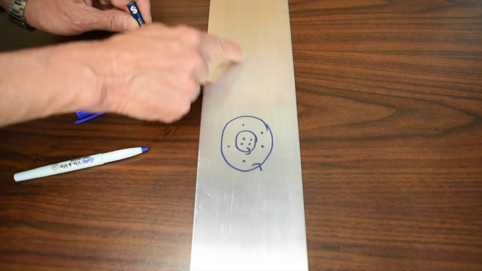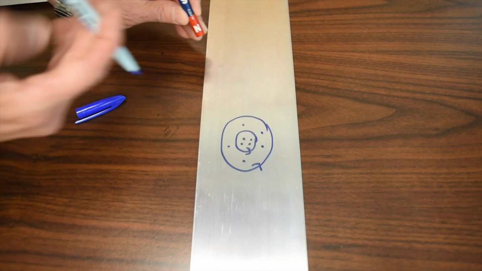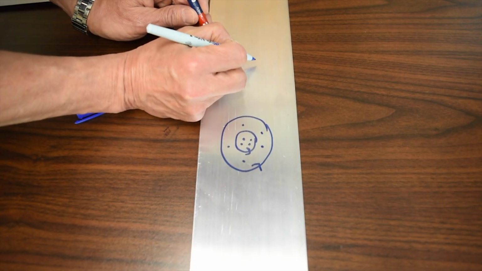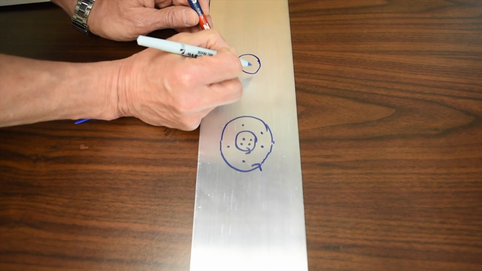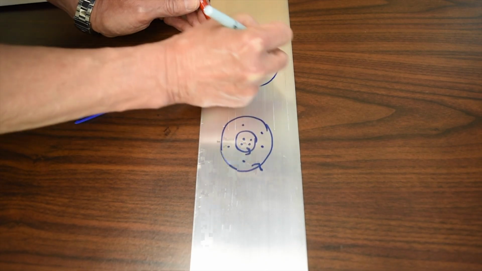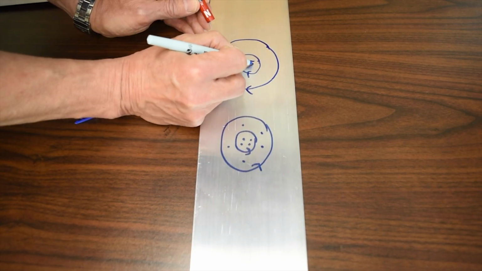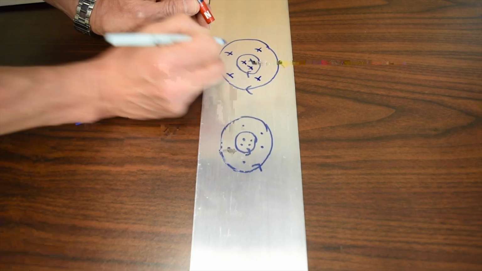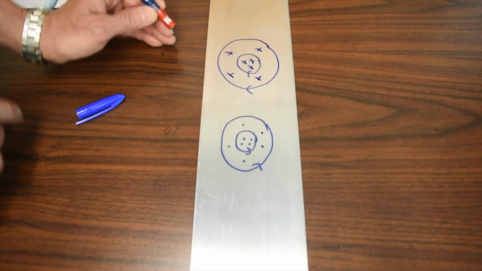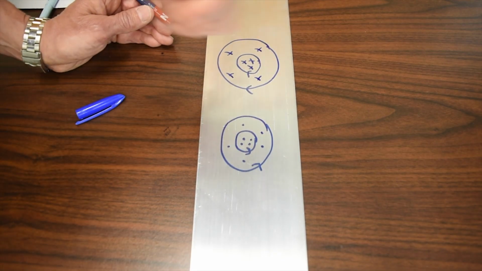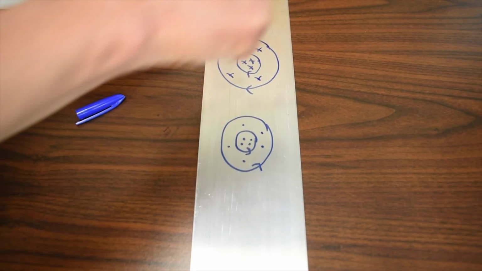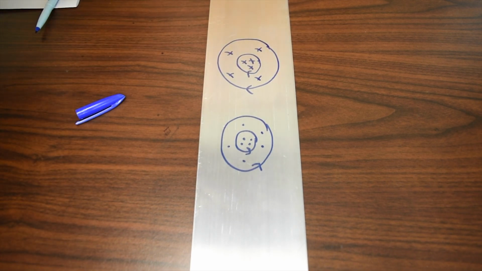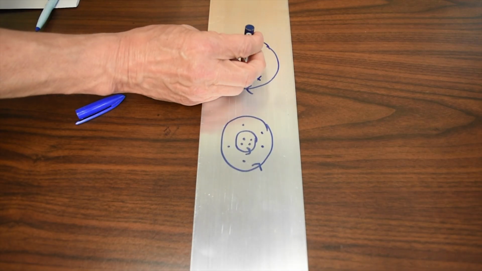Now, in the region where the magnet is leaving, the loss of magnetic field will be opposed by currents flowing clockwise. Those induced currents will generate a magnetic field into the aluminum. So again, if you put the fingers of your right hand in the direction of the current flow, your thumb points in the direction of the magnetic field. And so in this case, there will be a south pole pointing out.